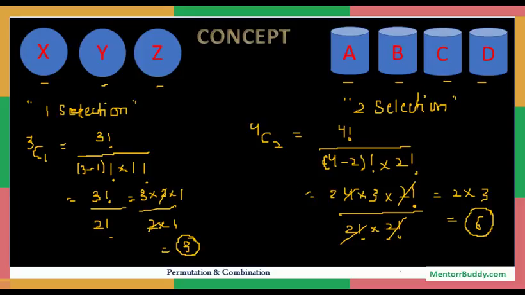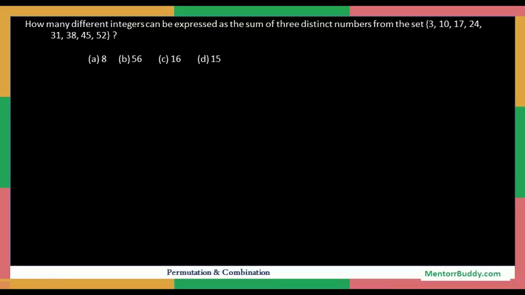Now, applying the same logic of selection to the question. The question was how many different integers can be expressed as the sum of three distinct numbers. We can see there are a total of 8 numbers and we need to select 3 numbers out of these 8. So basically the selection is going to be